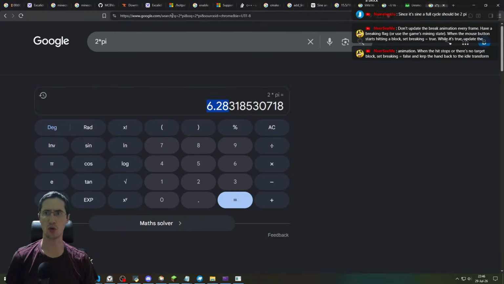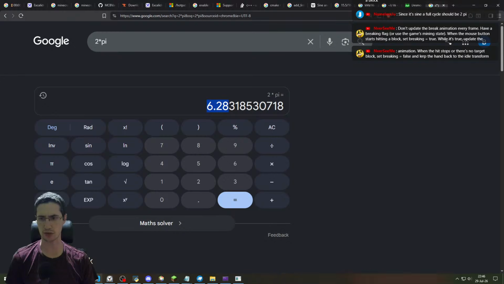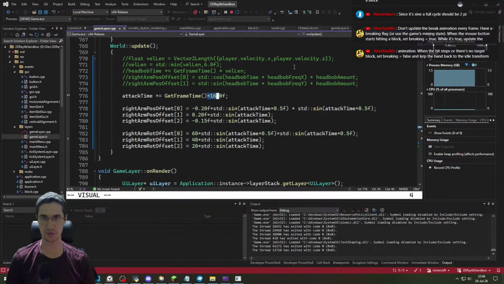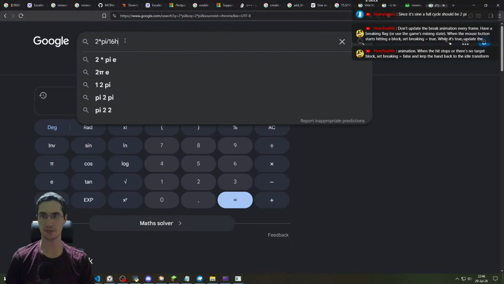Wait, why is it 6? Oh, but what are we doing, chat? We sped it up, chat. So it reaches the full cycle much faster. It reaches a full cycle 16 times faster, so divided by 16,